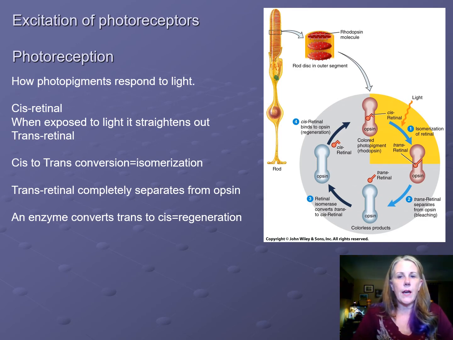So we're starting out with light, and light has gotten to the photoreceptors. Now that light has to excite the photoreceptors. They have to absorb the light. And we call this particular process excitation of the photoreceptors. We're activating the photoreceptors, basically. Another name for that is called photoreception. All right, so